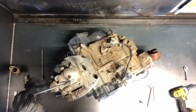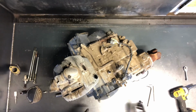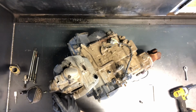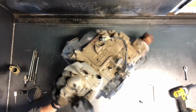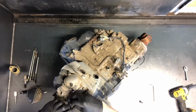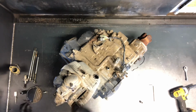These are long bolts going clear down to the crankcase, and they've got brass washers on the top, so you want to make sure that those go back on there. Next, we'll pull the 6mm Allen bolts. And there's 2 of those on the cam chain side, and then we'll be ready to pull this head. We don't have to remove the valve covers to pull this head, or the rocker covers here, valve adjusters, although you will want to inspect those